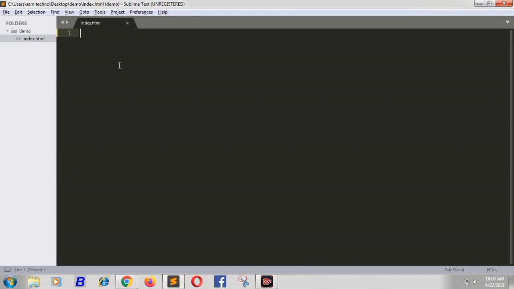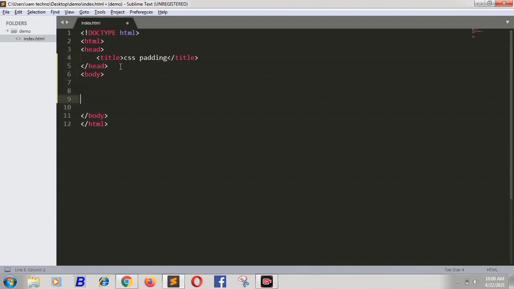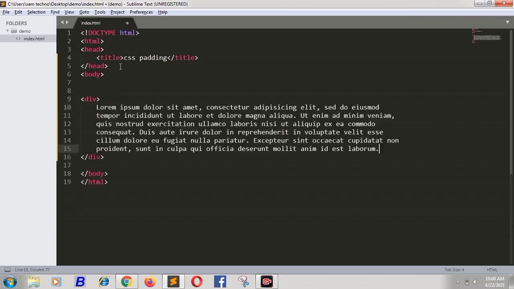So I'll write here my HTML startup content, CSS padding. In the body, I'll create a div, and in the div, I'll write some dummy content.